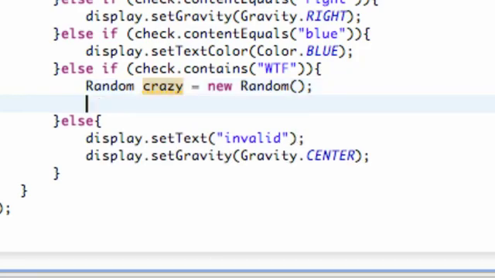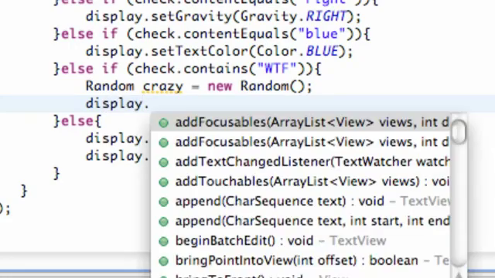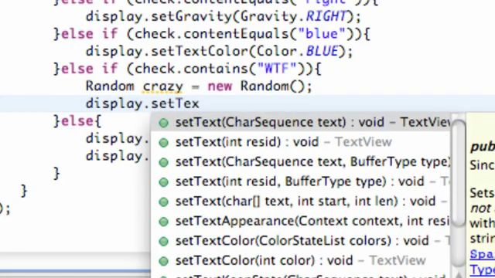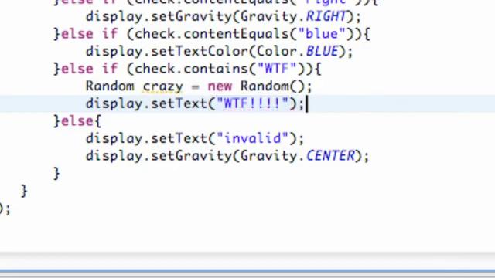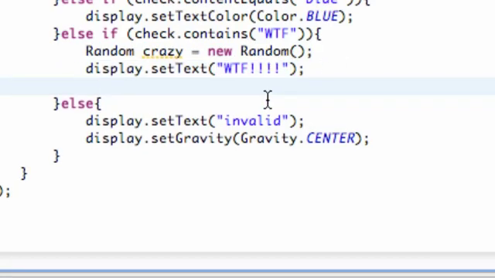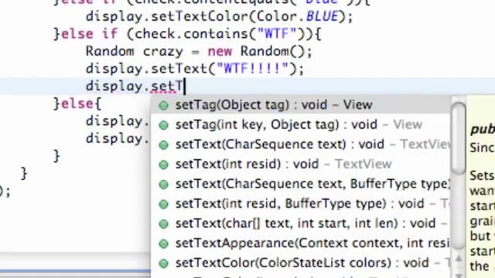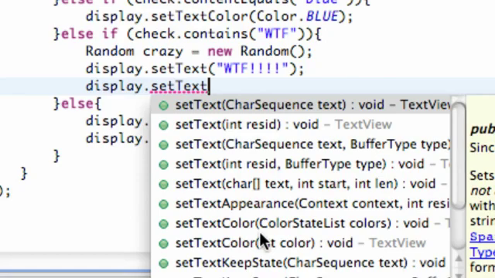So now what we're going to do is define some methods within this WTF, where's the fridge. Again, we're just going to set the text to WTF, oops, something like that. Next thing we want to do is maybe change the text size. So again we can just say display dot set text size,